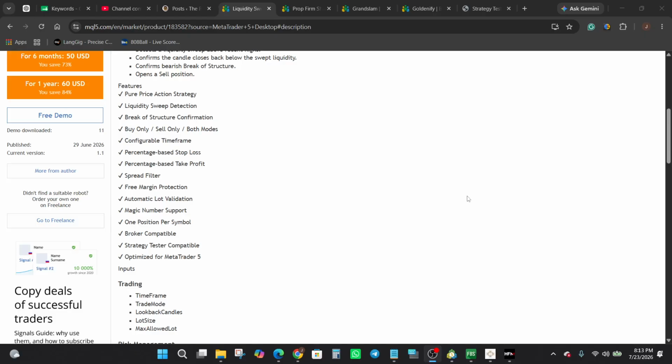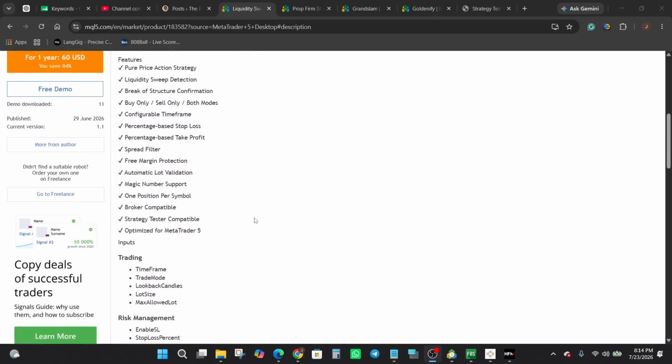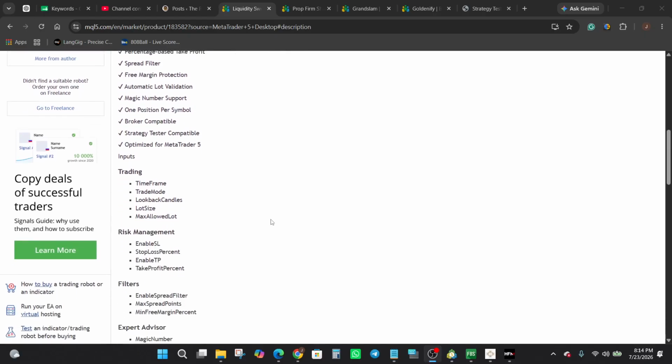Additionally, there are protective filters included. We have a spread filter with a maximum allowed point threshold and a minimum free margin percentage filter designed to halt execution if account equity drops below your defined threshold. There is also an automatic lot validation feature and standard magic number assignment for trade tracking. Okay, so now let us quickly transition to the MetaTrader 5 strategy